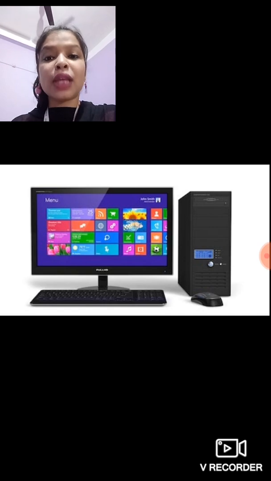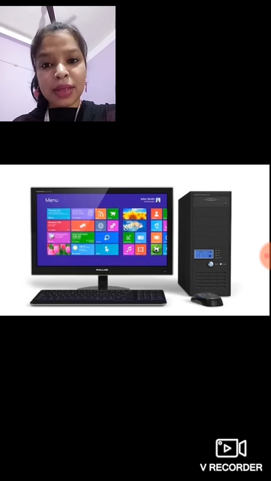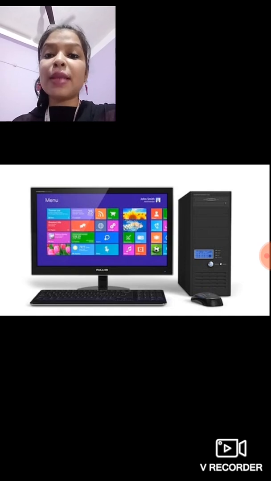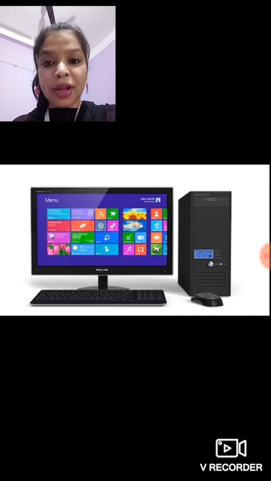With the mouse you can point, and you can do various kinds of things like copy, save, and paste. On the keyboard you can use the alphabets and the numbers for typing, and there are also different kinds of symbols. You can work on it. All these parts are connected to the monitor. Though they are separated, they are connected to one point. So this is how a desktop works.